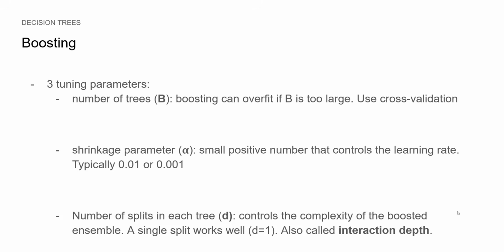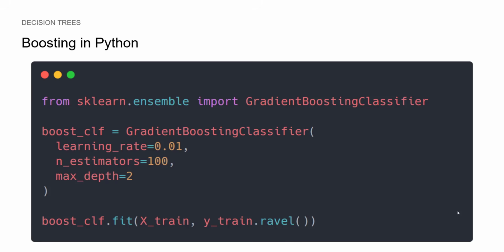Now, of course, I said that there are 3 tuning parameters in boosting. Usually there are more than that, but those are the 3 main ones that we can focus on when using the algorithm to improve its performance. In Python, we apply boosting like this. Now, in this module, the learning rate is the shrinkage parameter, and estimators is the number of trees, in this case set to 100, and the max depth is the interaction depth that we looked at earlier. Again, once the model is initialized, we fit it on our data.